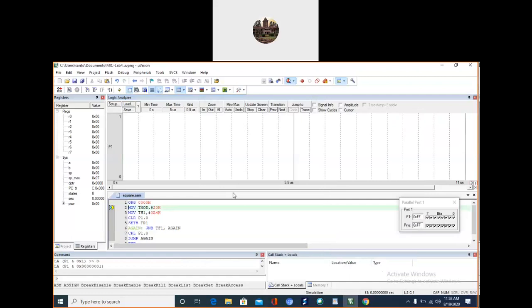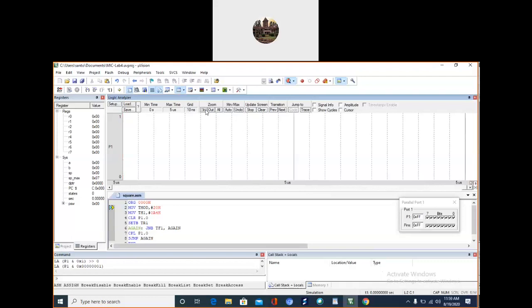So here I have to make up a setting. So a setting issue is there.